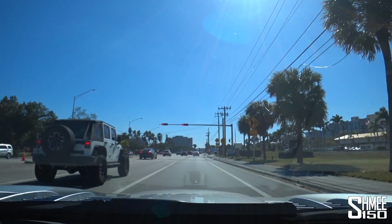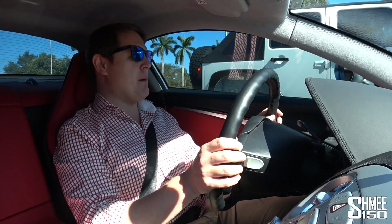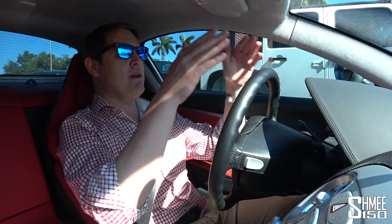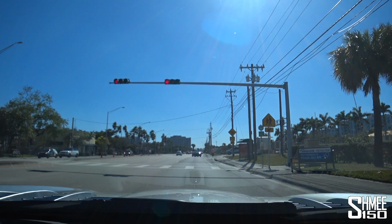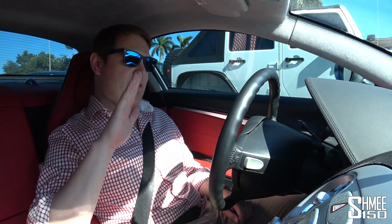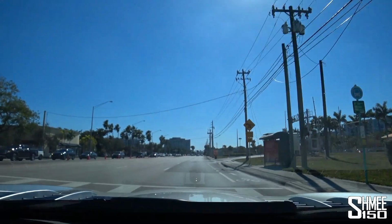Then you get on the brakes, you do feel it pitching quite a long way forwards. Ignore the squeaks from the carbon ceramics, and remember to stop well back behind the line, because of course the bonnet is extending way out there somewhere. I do find the brake pedal very strange, because obviously it creeps, so if you lift off the brake it starts moving forwards, but it's very hard to find where exactly that bite point is, because it's very soft at first, and then you get to this very firm latter tail end of it. If we put the foot down again though,